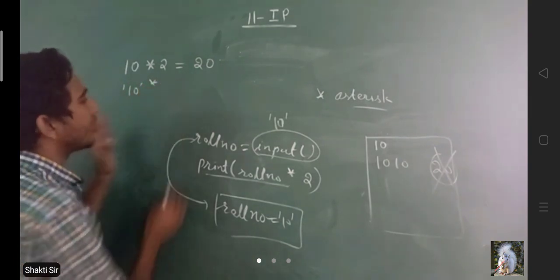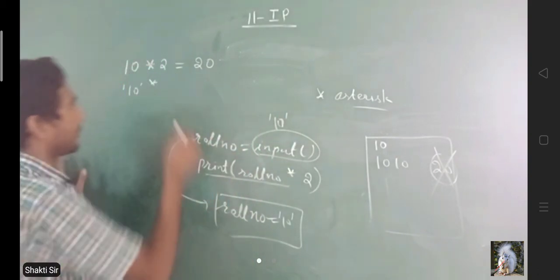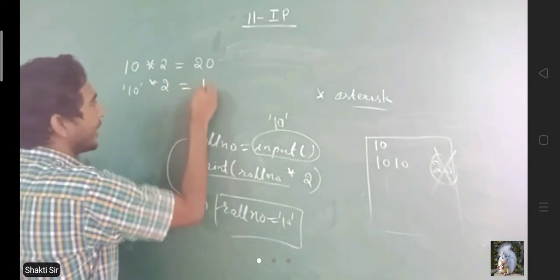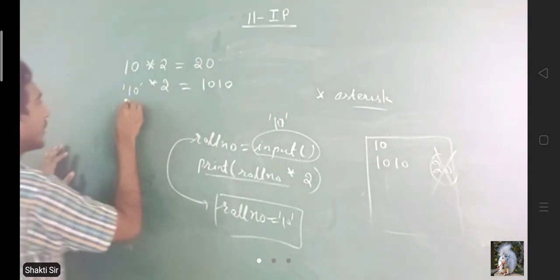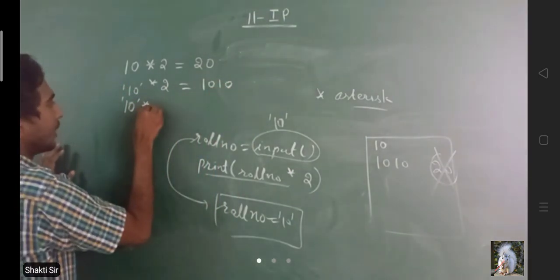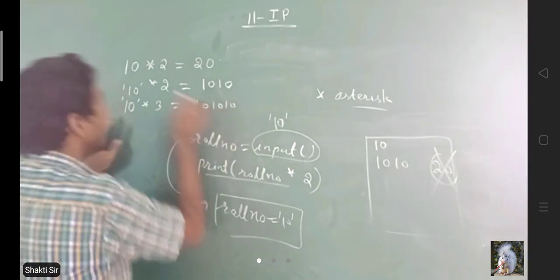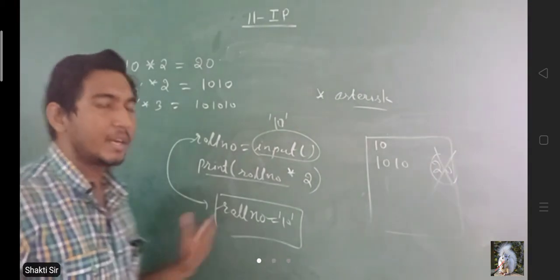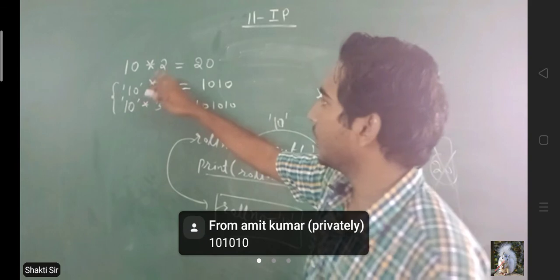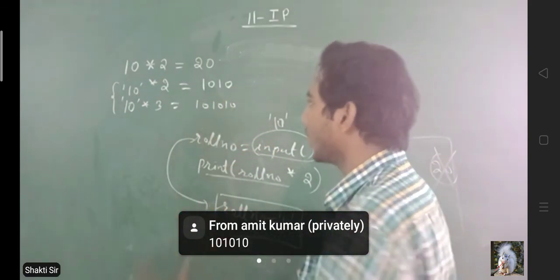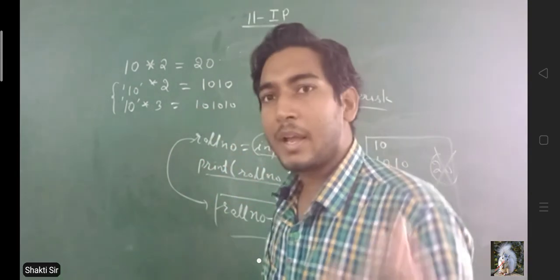स्ट्रिंग मल्टीप्लाई कैसे होती है कि वही स्ट्रिंग दोबारा ऐड हो जाती है अपने आगे. अगर मैं इसको 2 से मल्टीप्लाई करूंगा तो 10 के आगे एक बार और 10 लग जाएगा. अगर यहाँ 3 होता तो ये 3 बार ऐड हो जाती, 10 10 और 10. ठीक है, ऐसे होता है. तो अगर मैं इंटीजर और इंटीजर का मल्टीप्लिकेशन करता हूं तो 10 इंटीजर है, 2 एक इंटीजर है, उसका मल्टीप्लिकेशन 20 होगा. लेकिन अगर एक स्ट्रिंग है और दूसरा इंटीजर है तो क्या होता है,